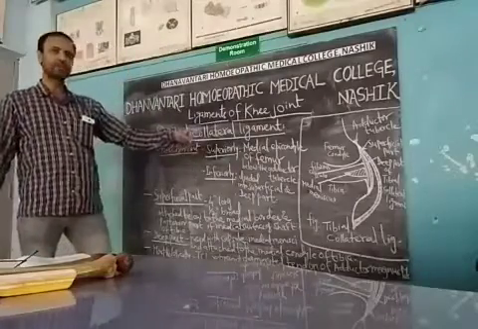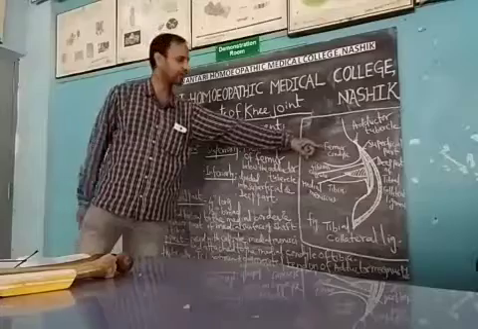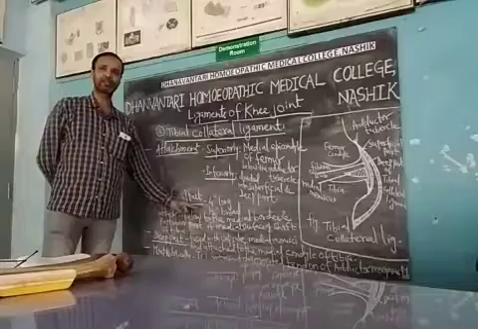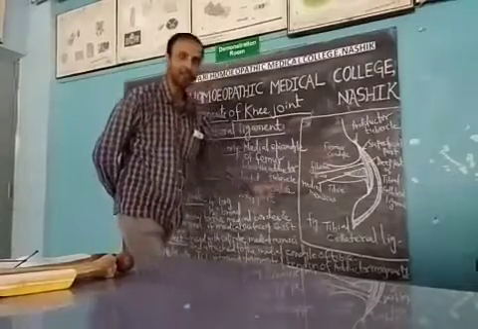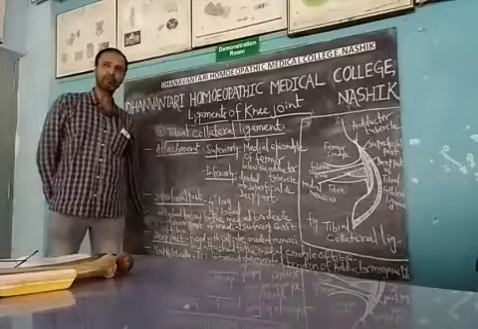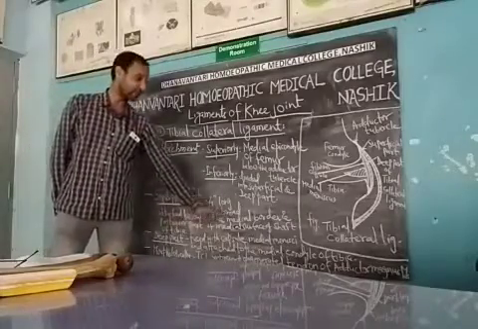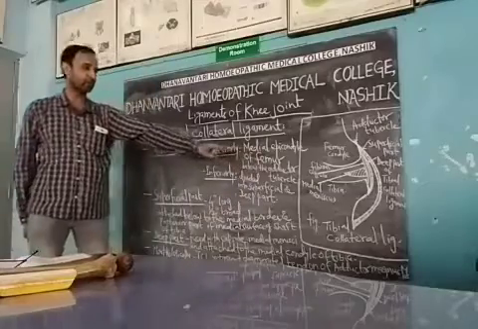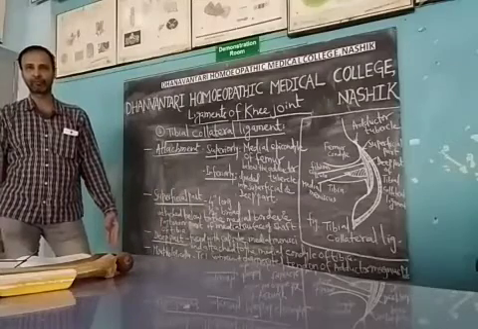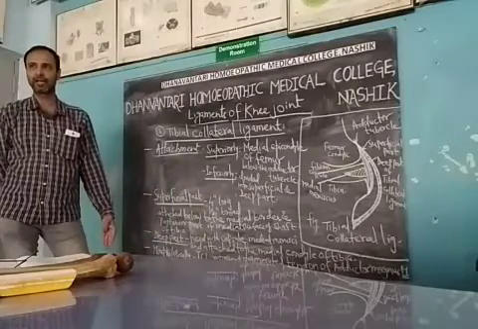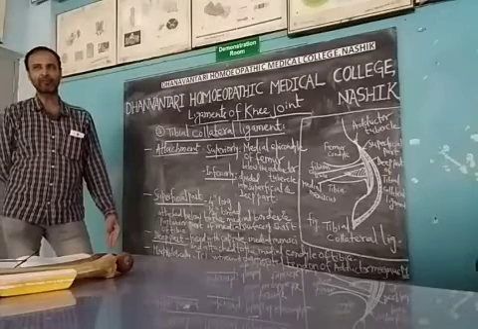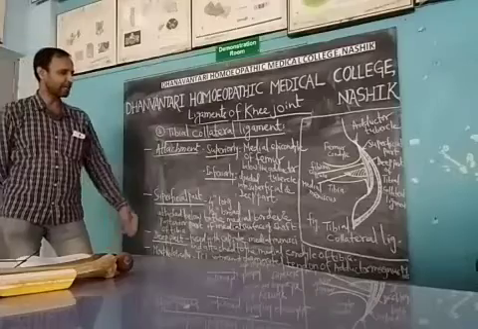Second, inferiorly the tibial collateral ligament is divided into two, the superficial and the deep part. The superficial part is 4 inches long and ½ inch broad, and it is attached below to the medial border and the posterior part of the medial surface of the shaft. On the medial surface we know three muscles are inserted. Clear? Sartorius, gracilis, and which one? That is the semitendinosus. These are the three muscles attached just below that.